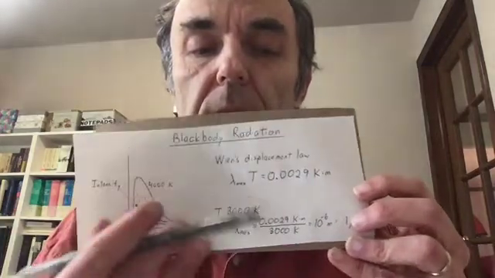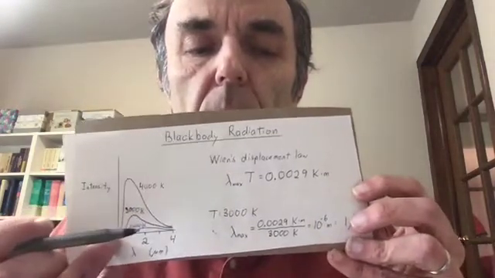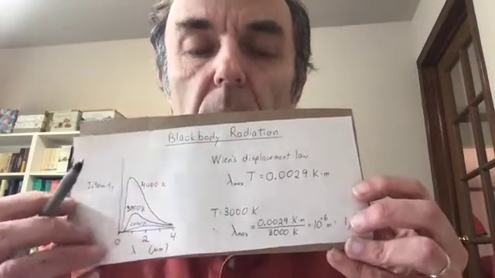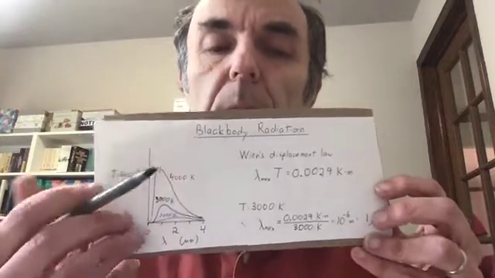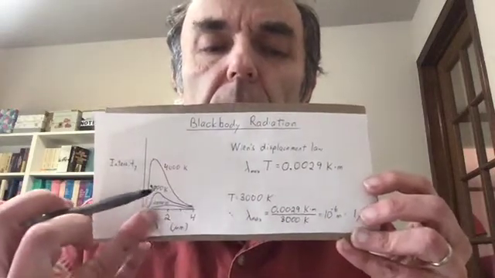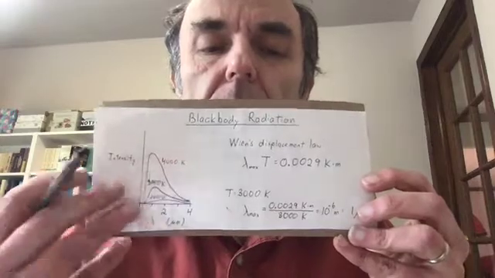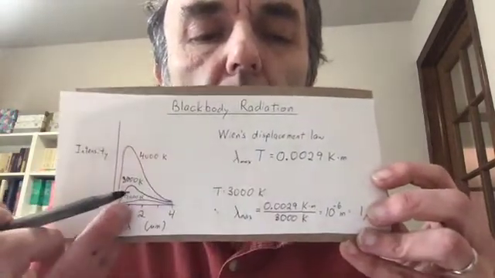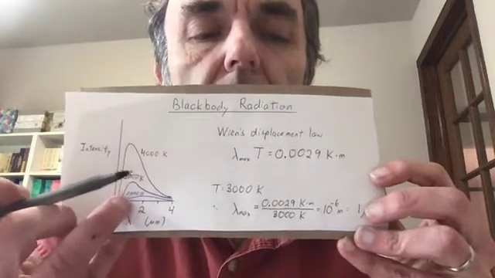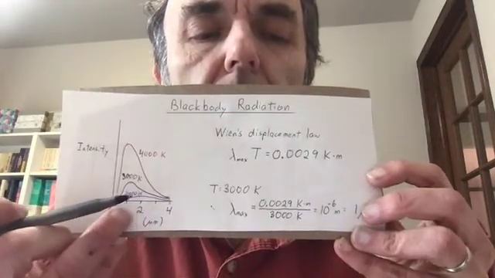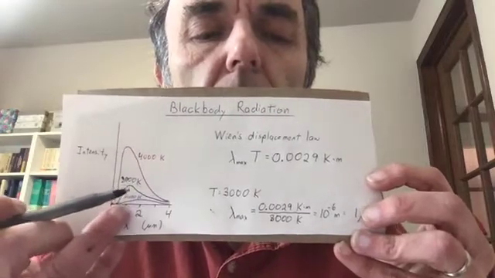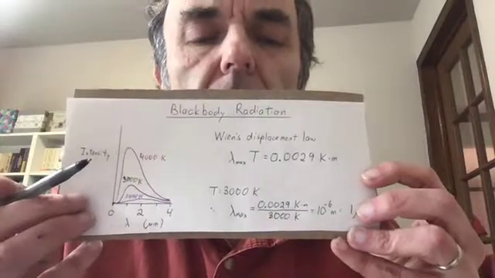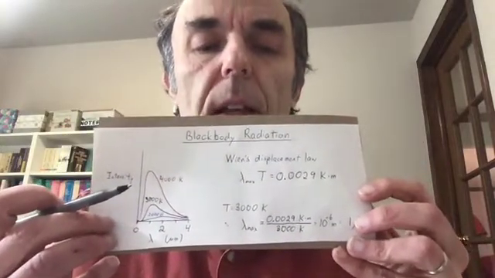And notice that it's very little at very short wavelengths, comes up at a peak, and then a fairly small amount at really long wavelengths. As you make the object hotter, so this black curve is 3000 degrees Kelvin, a hotter object is going to, first of all, give off more radiation. Its intensity is higher. And second of all, its peak has moved down to a shorter wavelength, around 1 micron. So it's still in the infrared, but it's a somewhat shorter wavelength of the infrared.